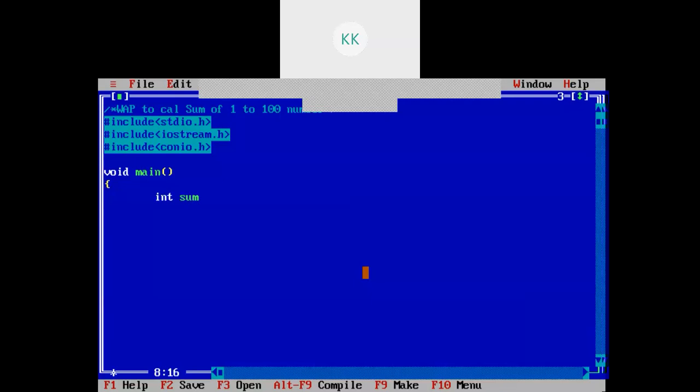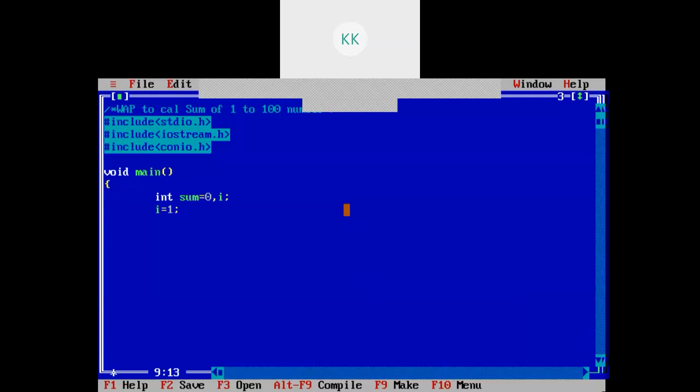Int sum equals to 0, comma, one more variable I am taking. Then I need to use a while loop, so I will initialize I equals to 1, because I need to calculate the sum from 1 to 100.